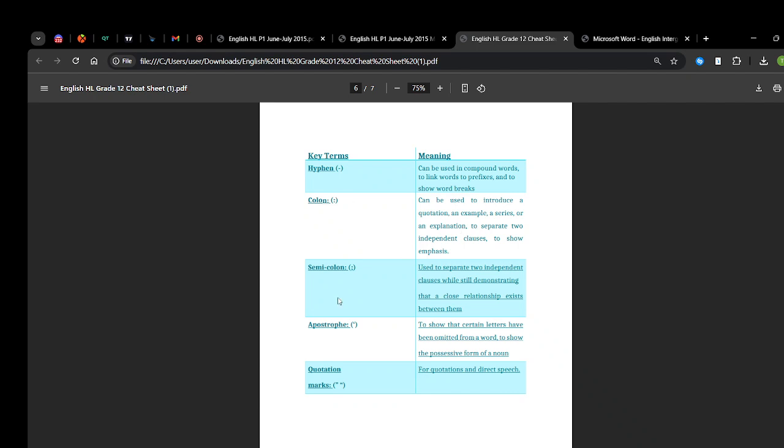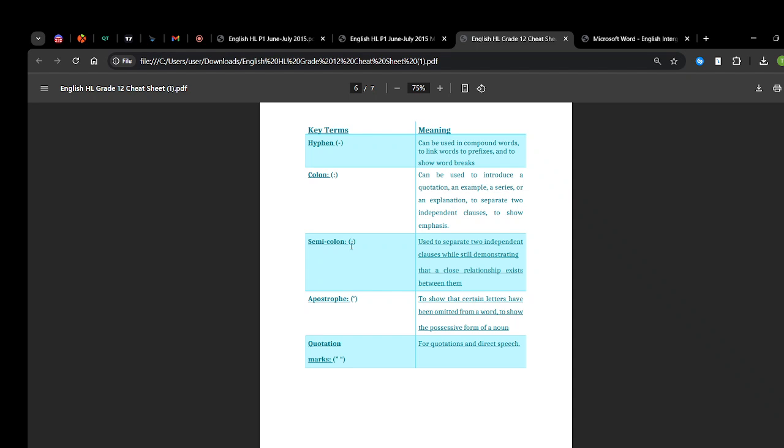Then we have three more here. A semicolon, the one with the comma and the dot. This is used to separate two independent clauses while still demonstrating that a close relationship exists between them. So in a list, when you're maybe listing grocery items, you start with a colon. You understand? For example, you may be sending a list to your friend. Please go buy these grocery items, and then you put a colon, and then through each item you can put a semicolon or whatever, just to show that these are the things that are included in